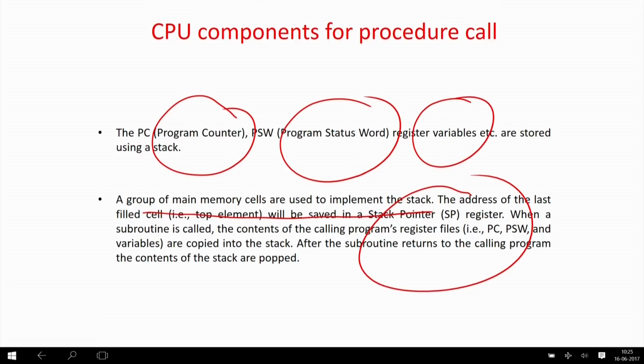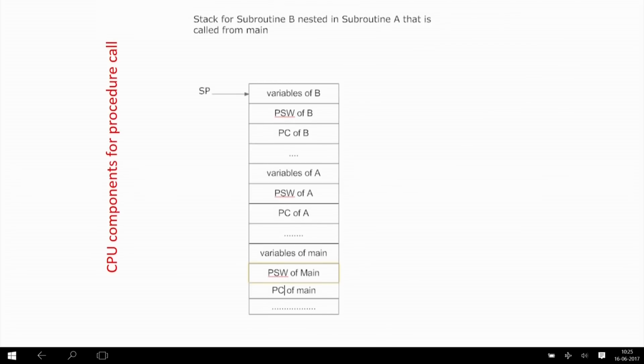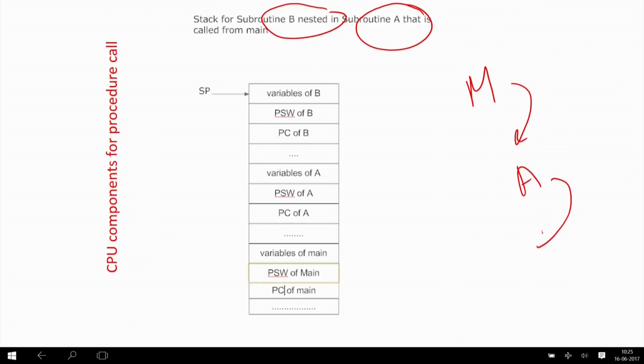So, basically, in fact, a part of the main memory is reserved for this stack. Something like this is a pictorial representation. It says that subroutine B is nested in subroutine A. There is a main program, which will call procedure A, and it will call procedure B. When the main program is calling procedure A, then what happens,